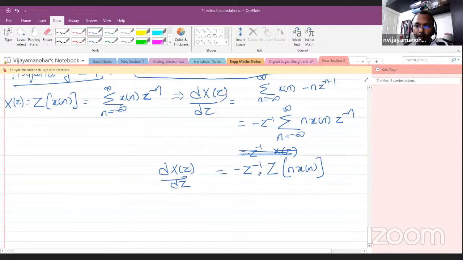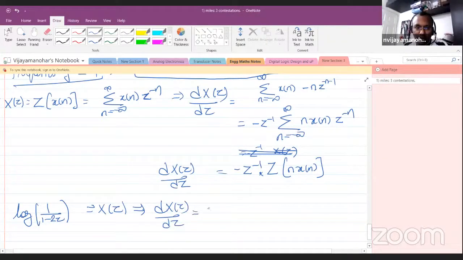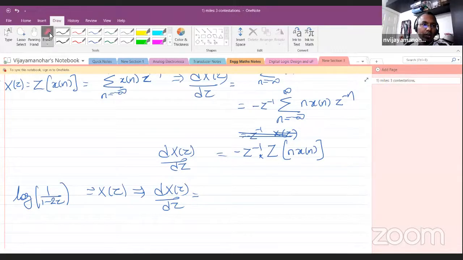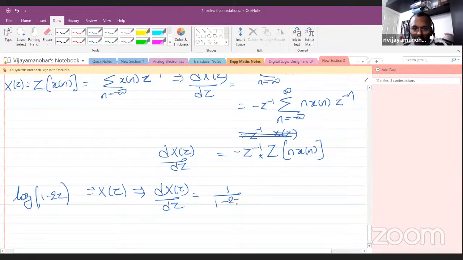So I have log of 1 by 1 minus 2z. This is my X of z, so I'm going to differentiate. This implies dX of z by dz is going to be what? Log of 1 minus 2z, sorry, I have log of 1 minus 2z. So I will get 1 by 1 minus 2z, which is nothing but,